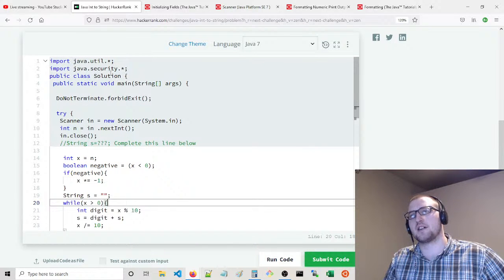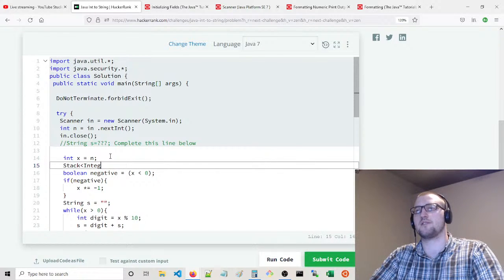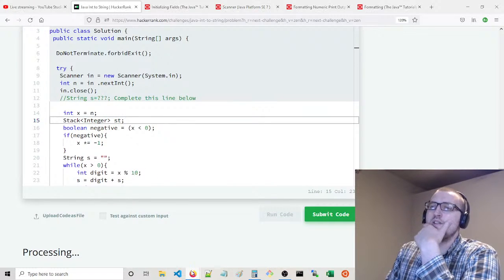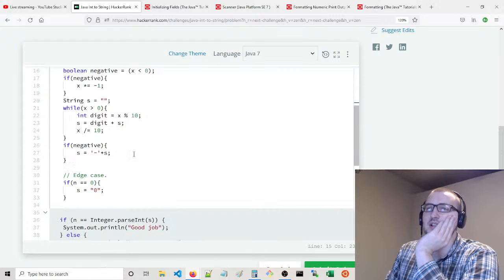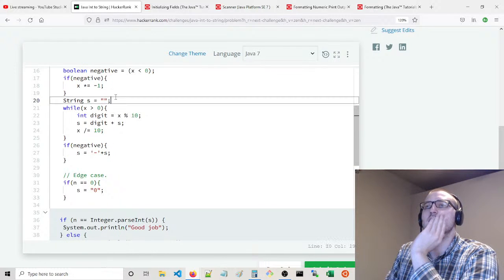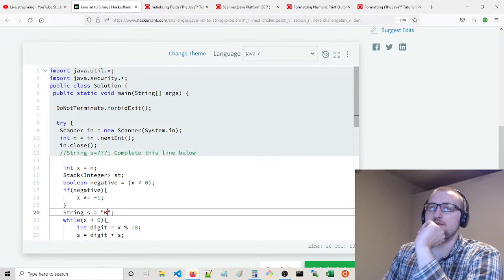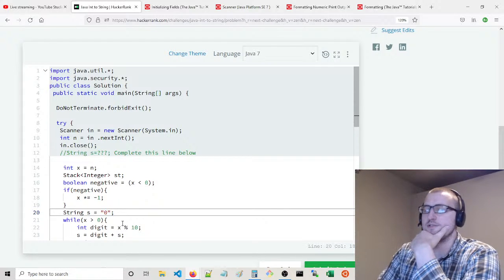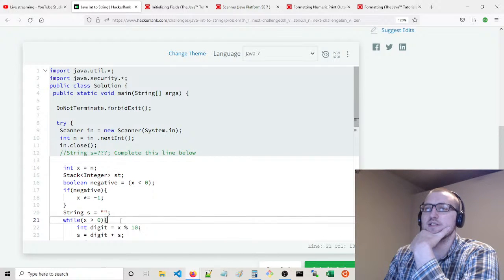Let's see if we can use a stack. Let's see if that's a thing. Stack of integers. Oh, yeah, we can. Okay, let's do it that way. I like that better. So we have s, and then we'll set it to 0 initially. Or, yeah, we'll do this. If it's negative, we have a stack, x